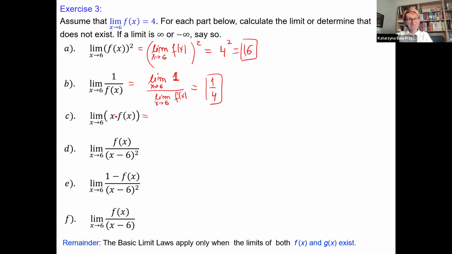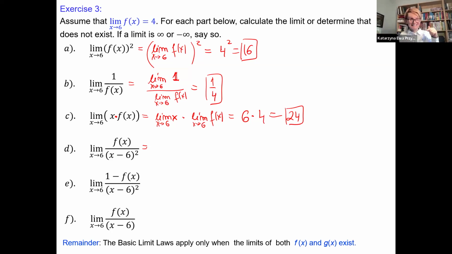The limit of the product is the product of two limits. The limit of this one and the limit of this factor, of course with the same x, x approaches 6. And what is the first limit? The limit of x as x approaches 6? Just direct substitution, right? Okay, and this one is 4. Okay, now,